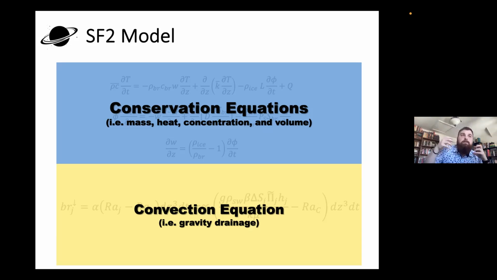But then fundamental to that is what is driving these things to change. As the water is freezing, why doesn't everything just stay where it's at? And the driving factor here is, in fact, gravity, basically density differences between the water and its impurity. That's what's driving this entire process.